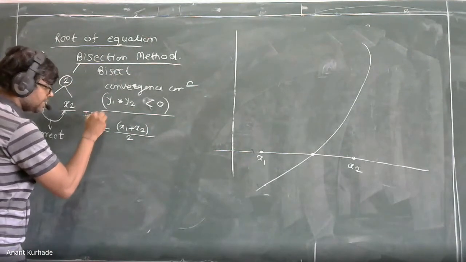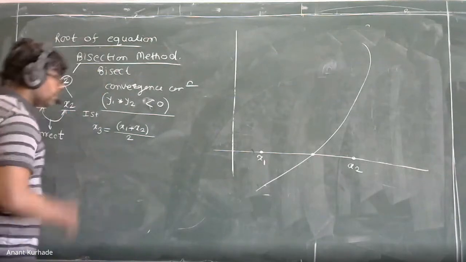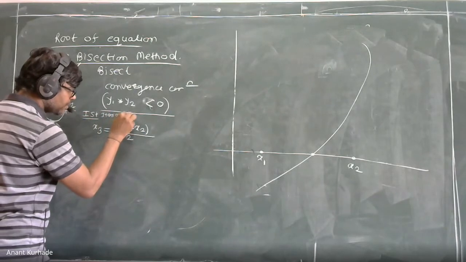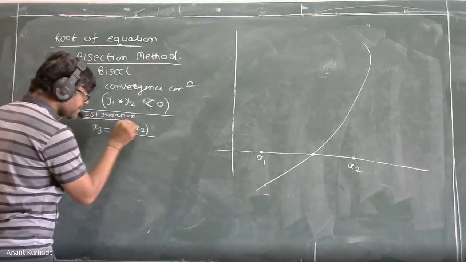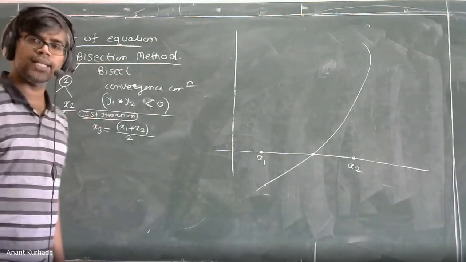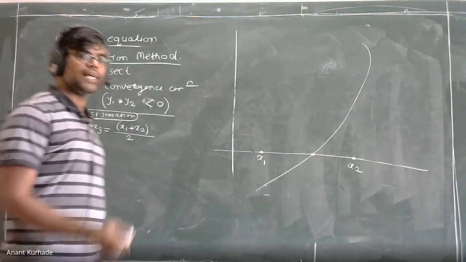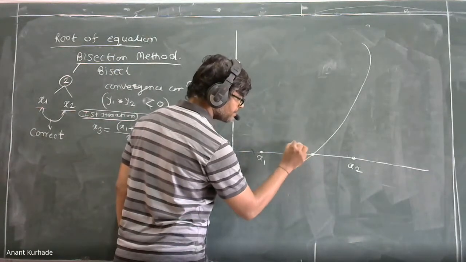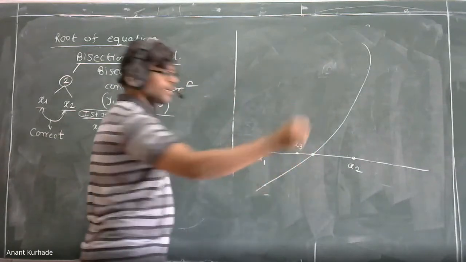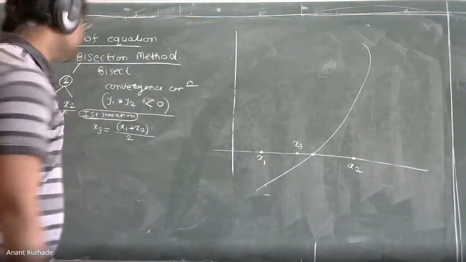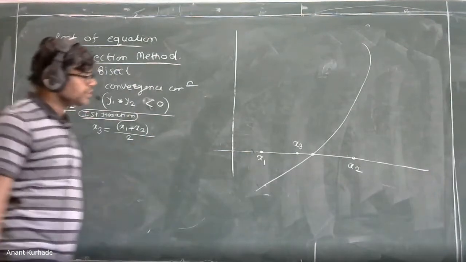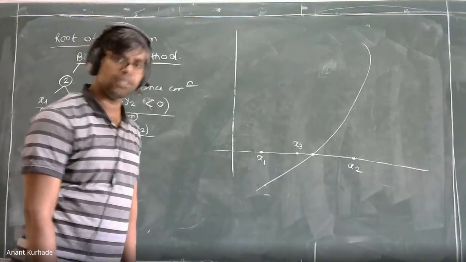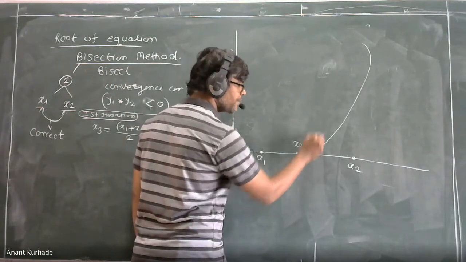Just check here. First iteration means we are repeating the same formula or the same method. Just concentrate here, this is important. Iteration means repeating a task. Now see, in the first iteration we have x3, that is x1 plus x2 by 2. As indicated, bisect means to divide these two numbers. Now x3 is here. Now again, by observing these 3 points, this is the exact root.